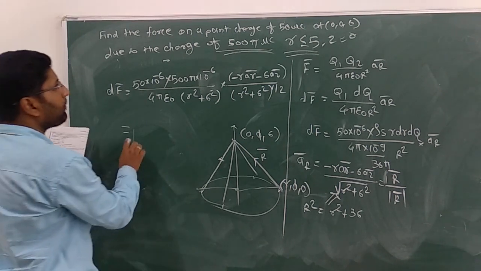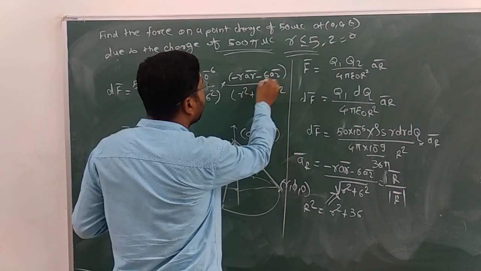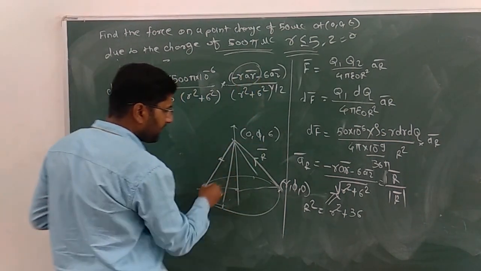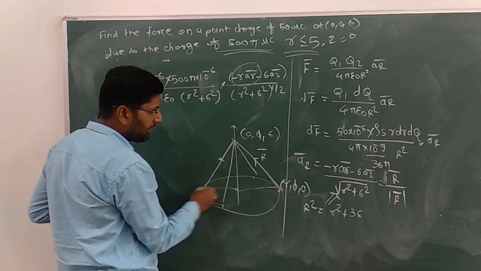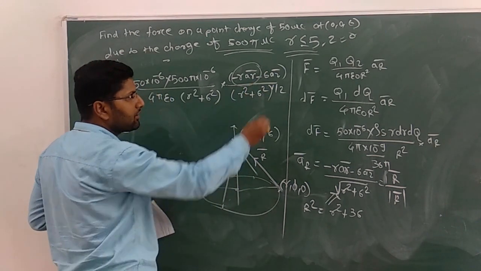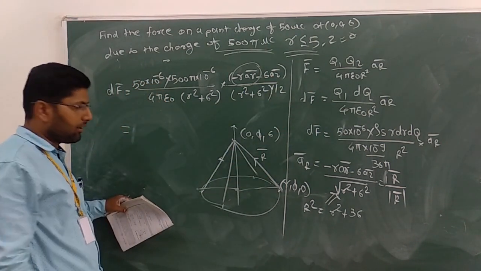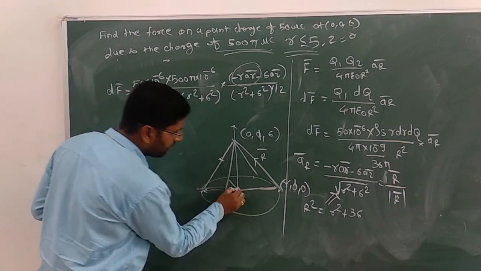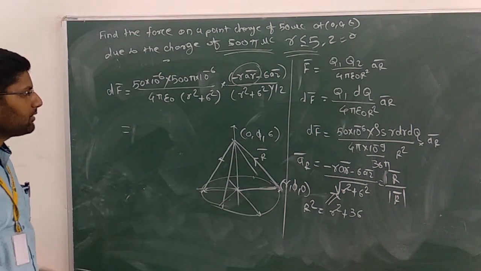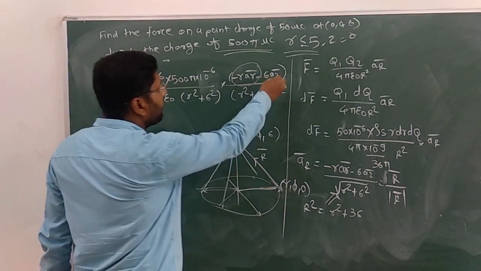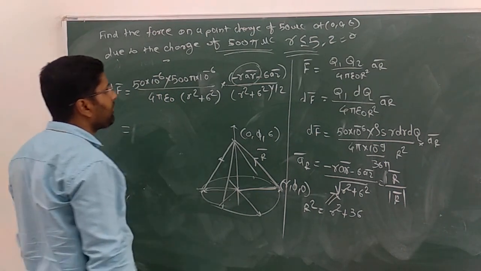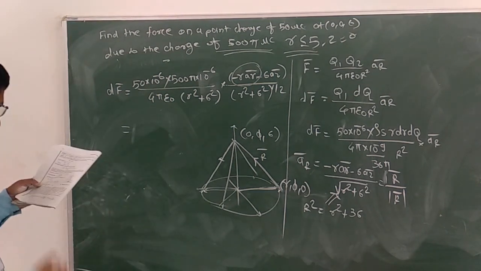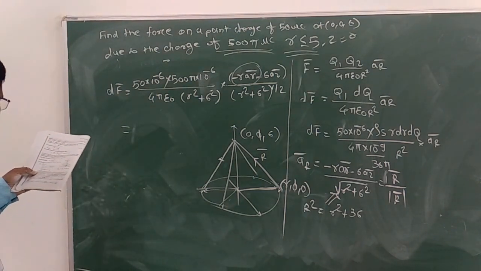In this, minus R AR bar minus 6 AZ bar, this AR bar will cancel. Why? Because as I said, this radius will get cancelled, so AR bar gets cancelled. Only one part will remain, that is AZ bar. So the opposite radius will get cancelled, and this AR bar will get cancelled. So only minus 6 AZ bar remains. And you have to multiply this minus 6 AZ bar inside the bracket. So what remains is